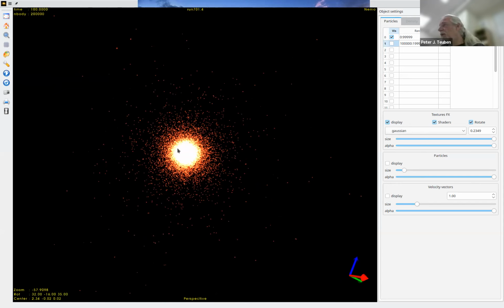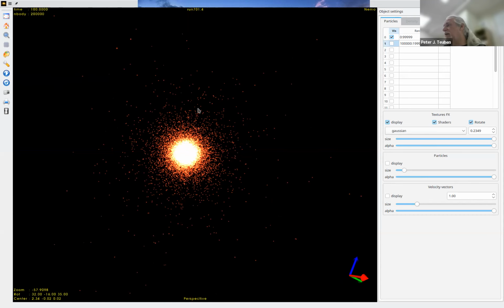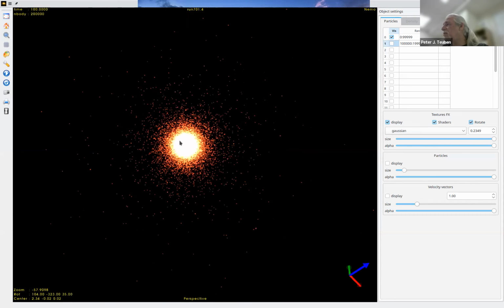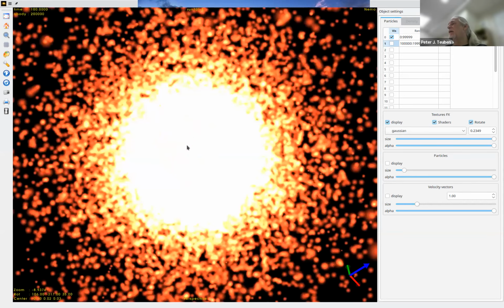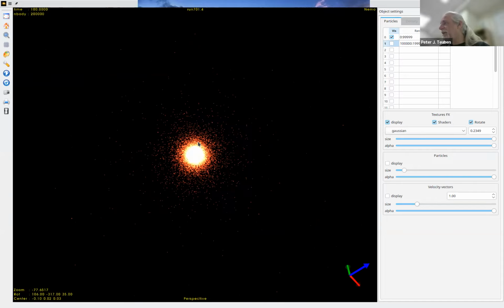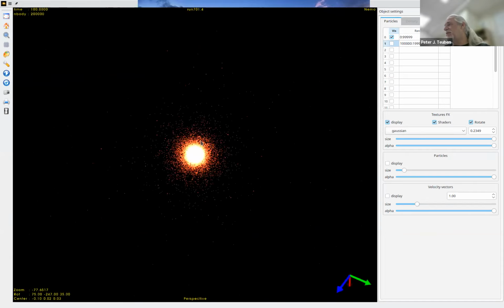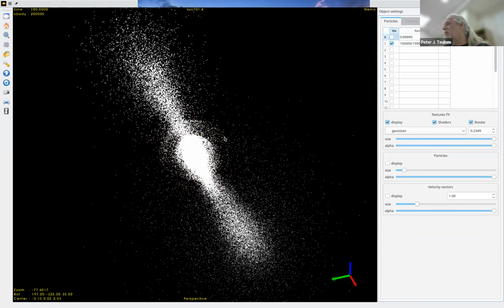It's a cool tool in GL-NEMO2 where you drag a little area, and in that area it finds the center of mass. Oops, why didn't it work? And then I have to zoom out again, which is similar to what Alex just did. But now it is centered at that particular galaxy. So if I go back to this one,